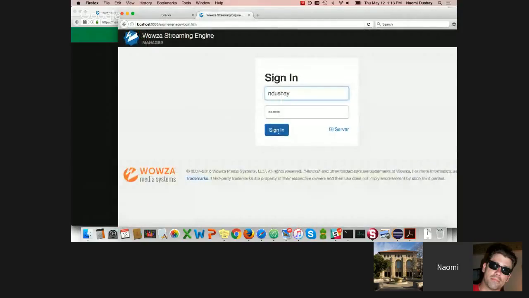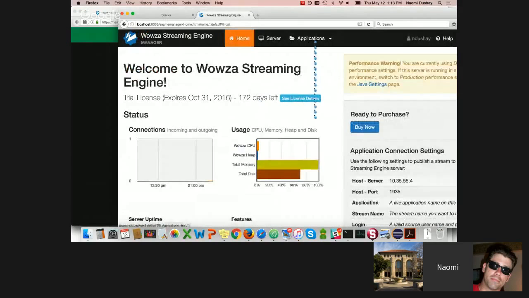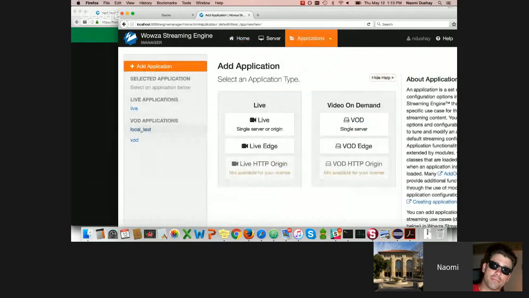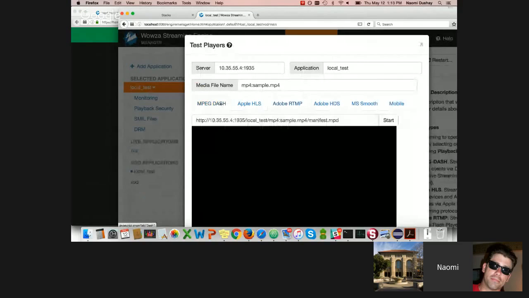The more interesting thing is I have Wowza running locally on my laptop as well, and I have set up locally an application in Wowza that uses this plugin code we've been developing, and if I go and try to play a video,